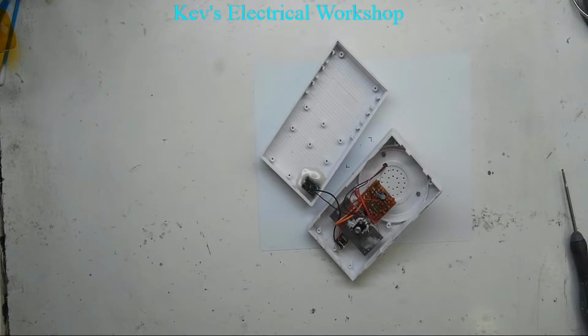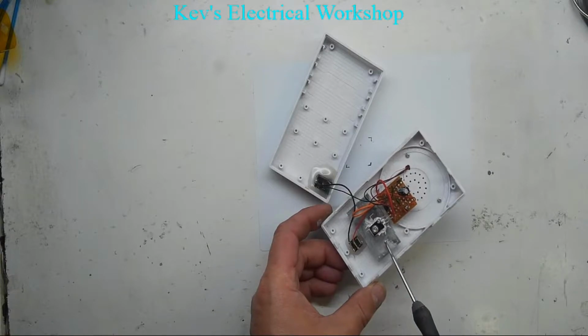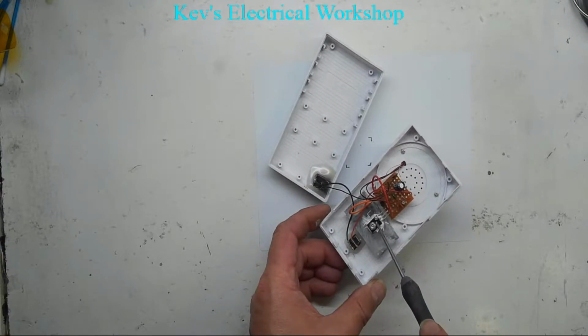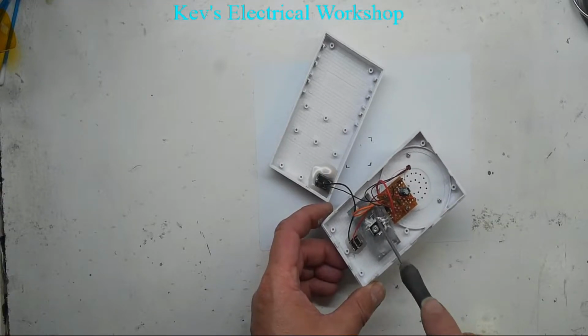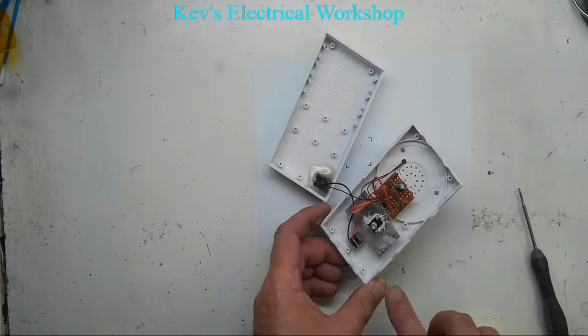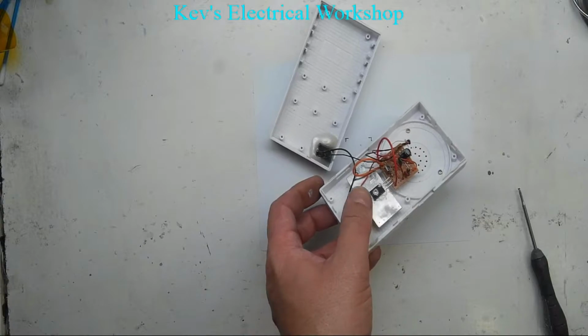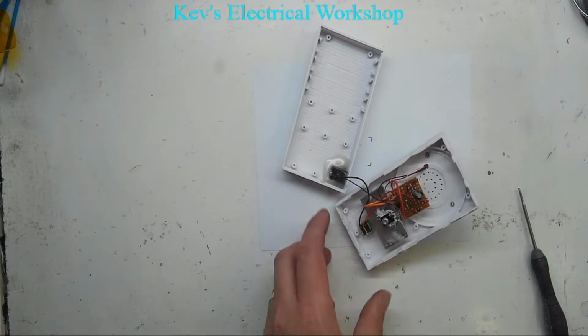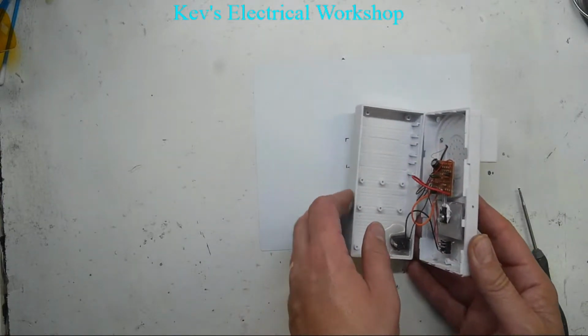Right, moment of truth now. I have put an aluminium heatsink onto the big transistor. It's just a bit of old aluminium that, as you can see, I roughly cut. A bit of heatsink compound just to take the heat away. I've also hot melt glued that to the case to keep it all together, and hopefully